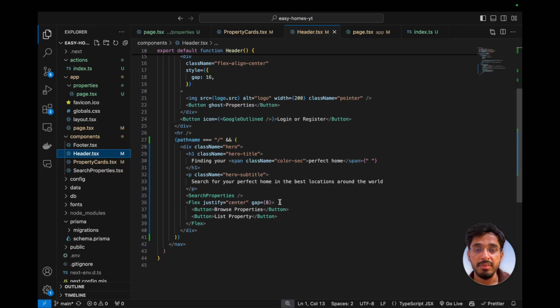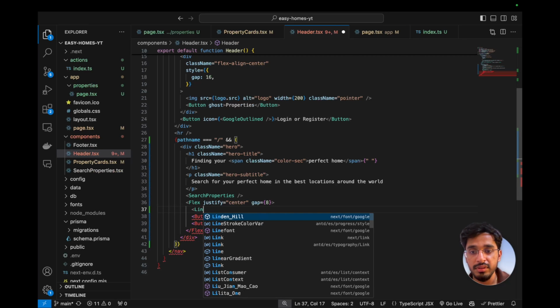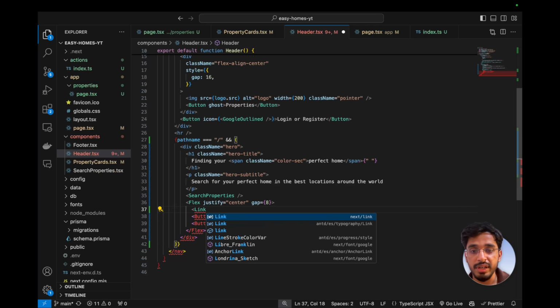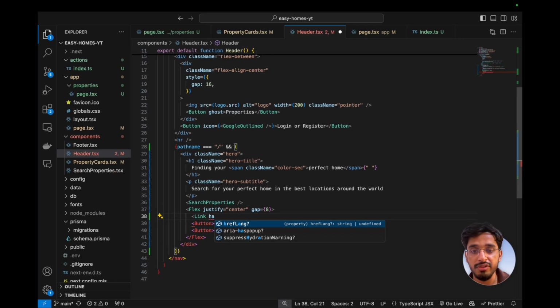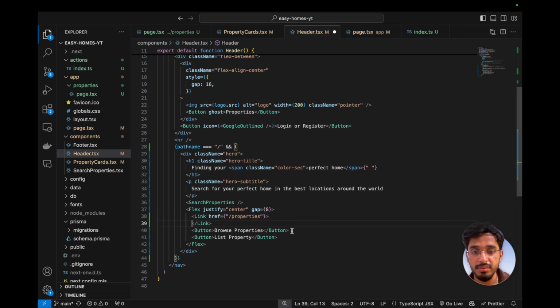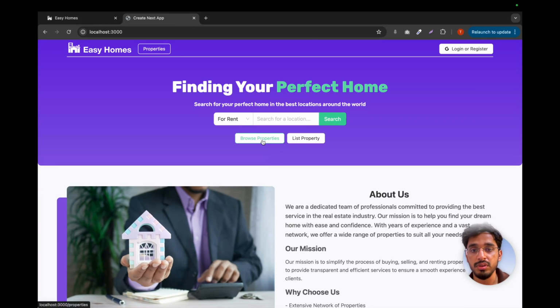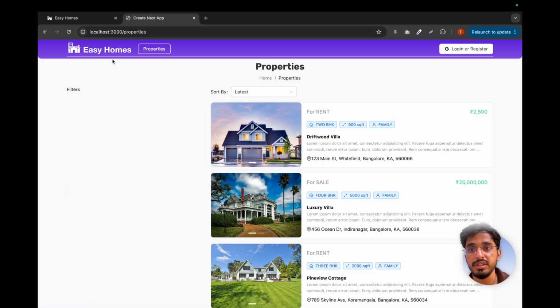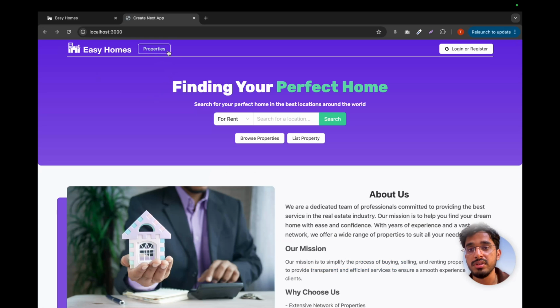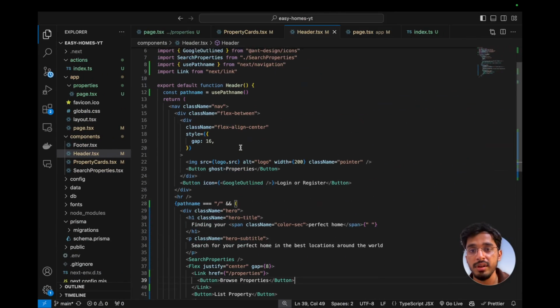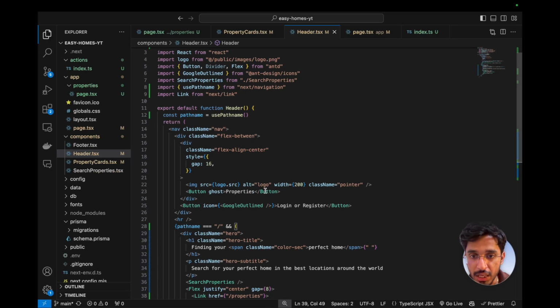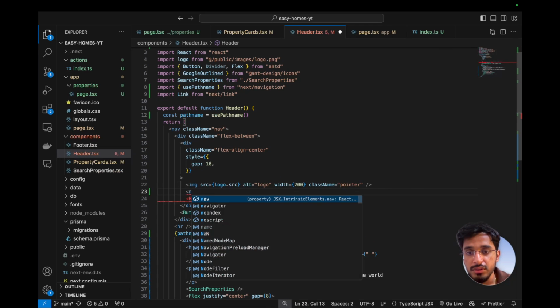So let's wrap the button with the link tag. That is coming from next/link, and give it an href property of /properties, and let's push the button at the top. And now we should be able to navigate to the properties page. Yeah, there we go. And also let's do the same for this nav link of properties. Where is that? So link,